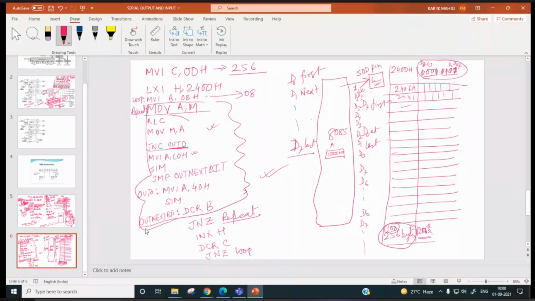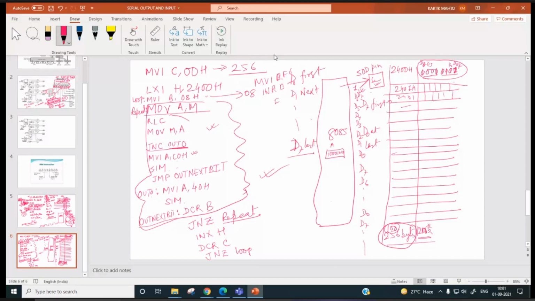If we do MVI B F6, INR B, so it will be F7, no? B will be equal to F7.